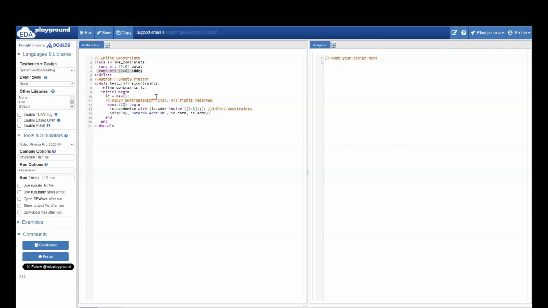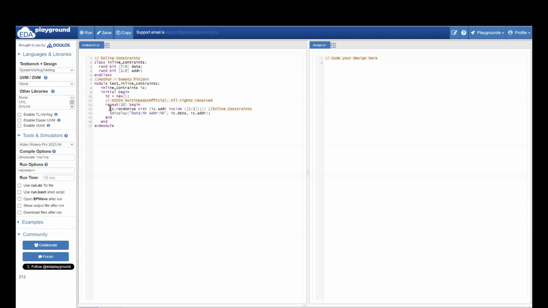But in my test case, I want to generate address only 2 or 3. So what I am going to do, I am going to use inline constraint. Inline constraint is the with keyword. When you use the with keyword with randomize method, that is inline constraint.